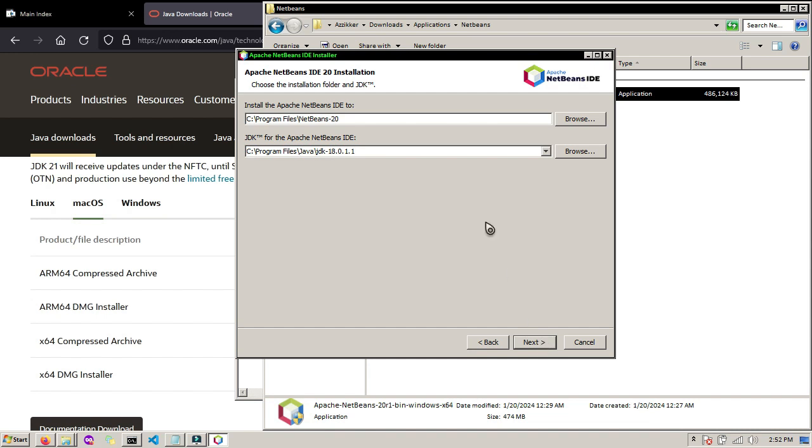All you need to do is click next if you see that the installation directory of NetBeans is okay and the installation directory of the JDK is correct.